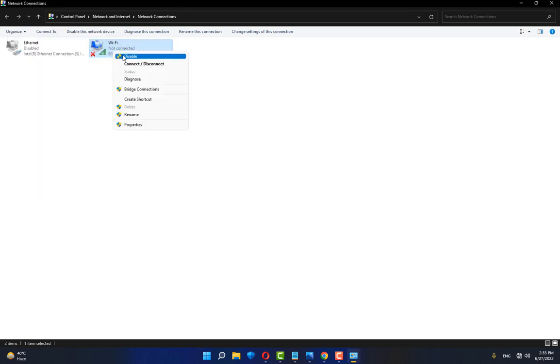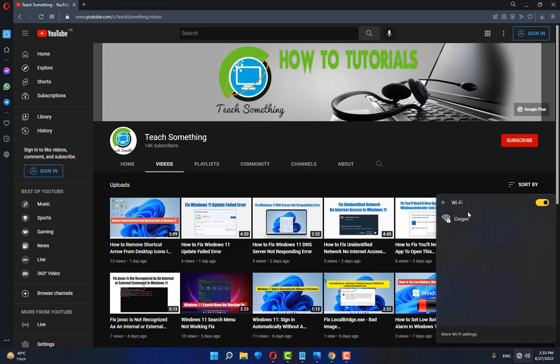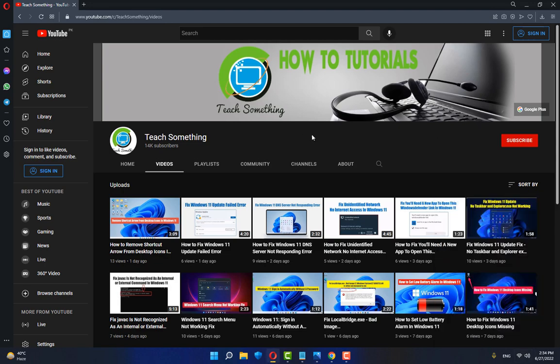After doing this step, close it. The second method is that click on the Wi-Fi icon, select an internet connection, click on connect, enter the password, click on the next button. Okay guys, after I close it,